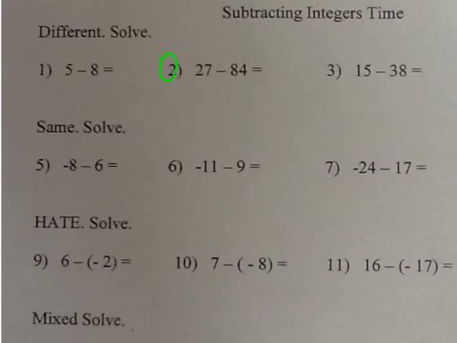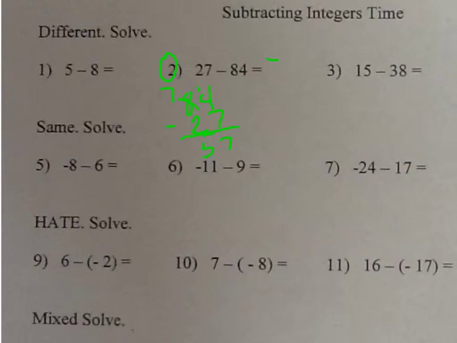On number 2, we are subtracting 27 minus 84. If you use the number line concept, you know that if you take positive 27 and then move left 84 units, it should be a negative value. So I'm going to go ahead and put negative. Then off to the side, I'm going to take 84 and subtract 27. When I subtract, I'm going to have to borrow,